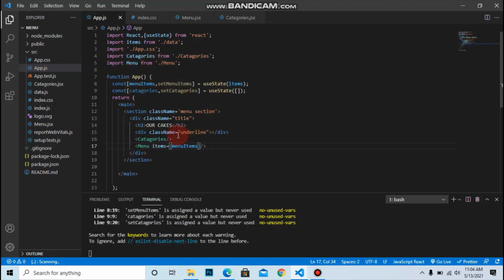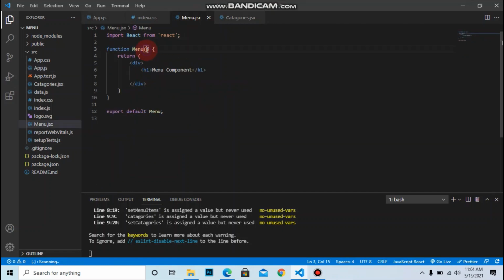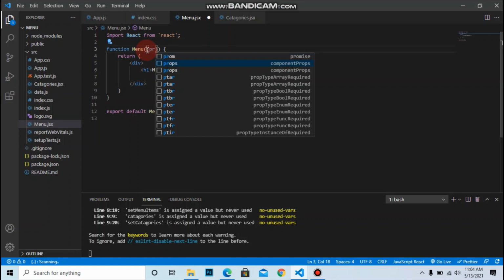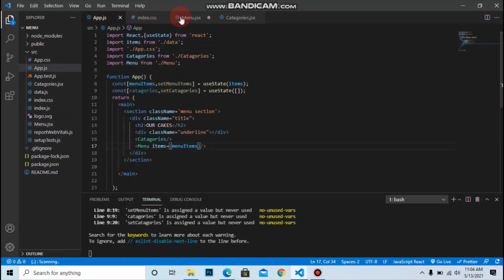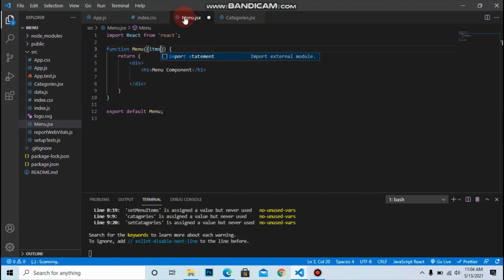So we pass the props to the menu item from the main component to another component. To access the props, we destructure them in the menu component, using curly braces, and we pass the props name, that is items.